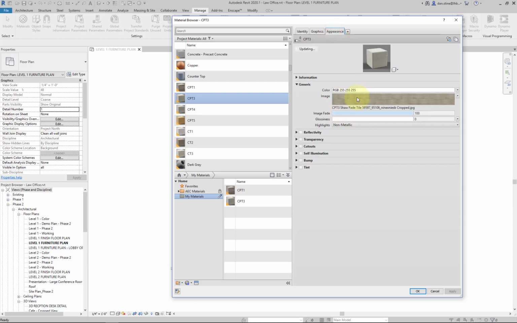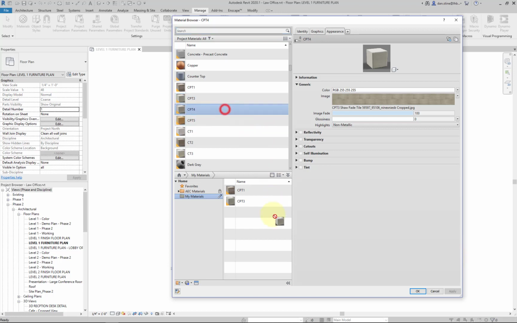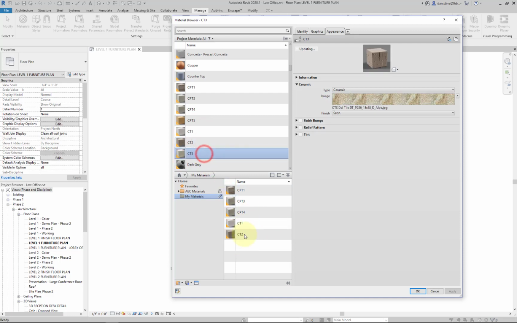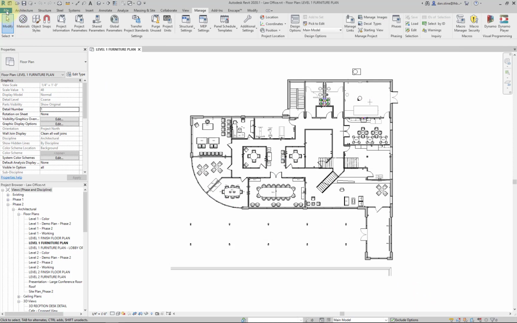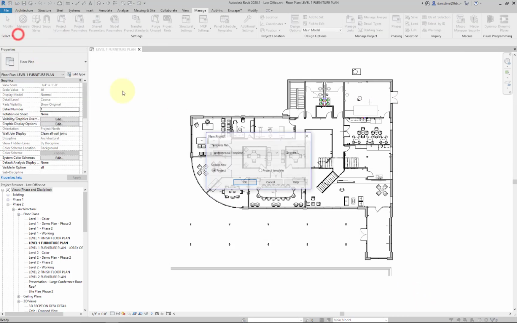You'll notice the appearance asset have specific textures associated with them. We click on the texture and you can see there's a specific size assigned to it. Ceramic tile options. We'll just do a few of those as an example. Click OK. Now, if we were to start a brand new project,